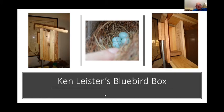But that box in the middle of the backyard just fledged 5 bluebirds. I have another box out front that fledged 6 tree swallows. Another box out front that fledged 4 bluebirds. A box across the street that fledged 4 bluebirds. And the second nesting in there, they have 5 bluebird eggs. Down the street, they fledged 5 bluebirds. The nest was rebuilt, and she came back, and she has 5 eggs right now. So in the community here, ever since March, there have been 18 bluebirds hatched and fledged